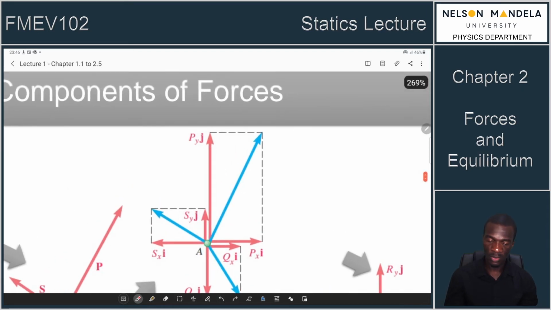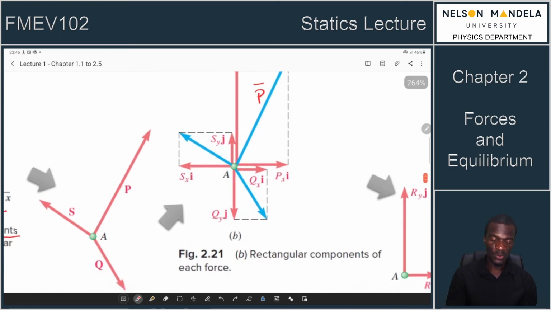Force P, the longer force, which was this one, has an x component, which we call Px, and it points in the i direction. It has a y component, Py, which points in the j direction. If we go to